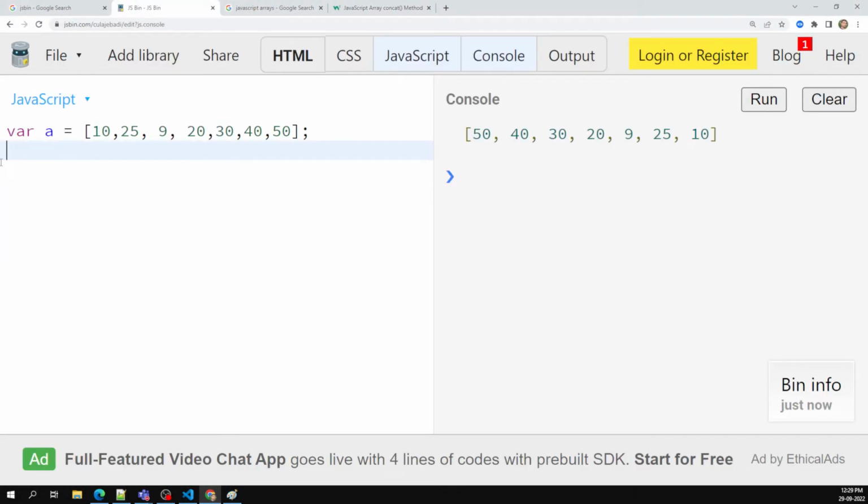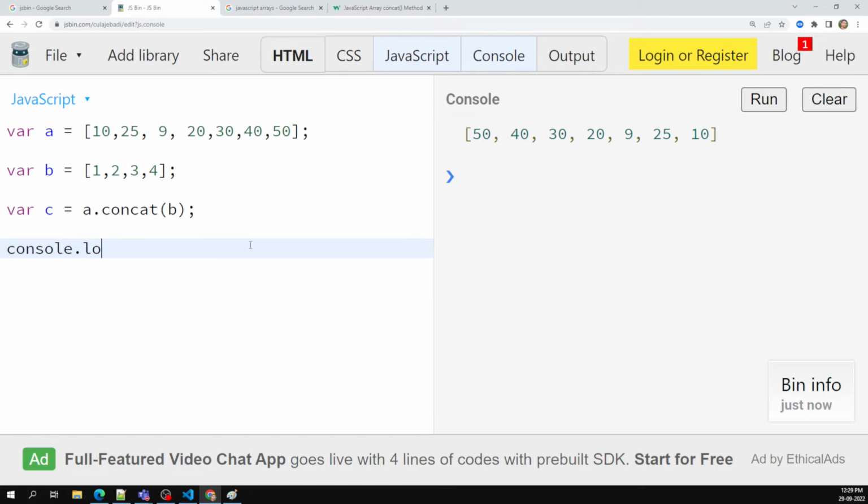Concat method means it will join the two arrays. For example, let's say that I have 25, 50 like this. I will have another array 1, 2, 3, 4. Now if you try console.log like this, it will also not change the original arrays. If you want, you can say c, it will return the new array, a.concat(b). When you do the concat, now if you try to see the console.log of a,